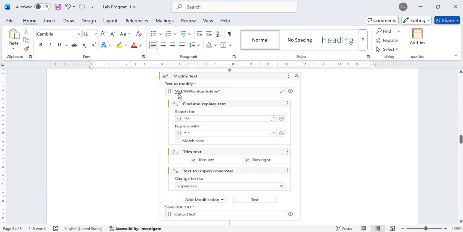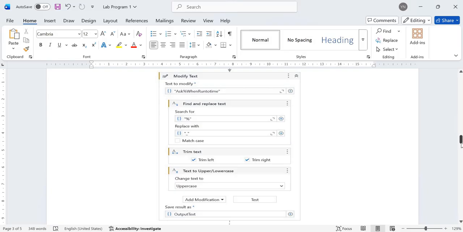So what exactly we do here is we prompt certain input. So this is the input, whatever I'm pointing out now: Ask percentage when run to time. So this is the input. So in find and replace text, certain characters here can be replaced. I'm finding a text or a string or a special character. So I'm taking here a special character, percentage, and I'm replacing that